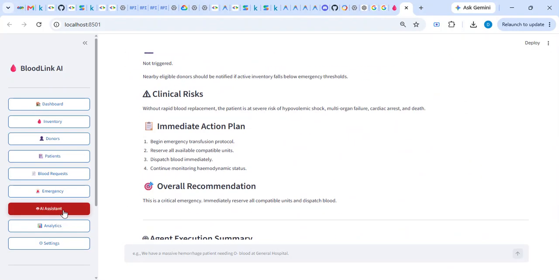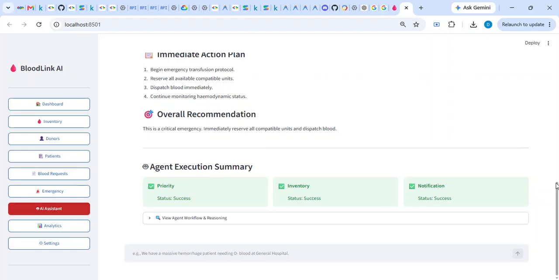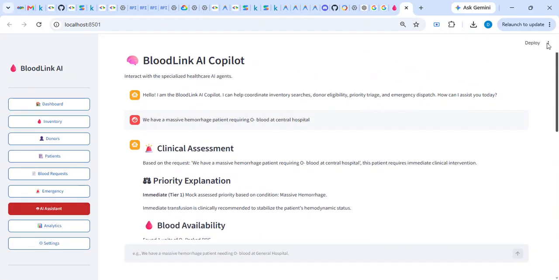Now let's move on to another part, which is the AI assistant. This is the interaction where we are interacting with our special healthcare AI agents. It says, hello, I am BloodLink AI Copilot, how can I assist you today? I can help with coordinating inventory searches, donor eligibility, triage, and emergency dispatch.